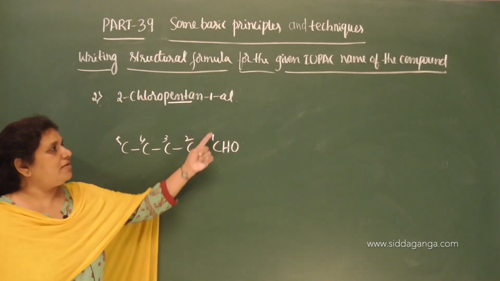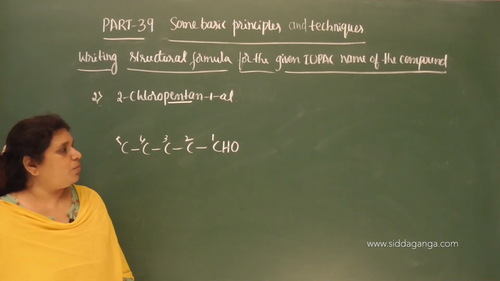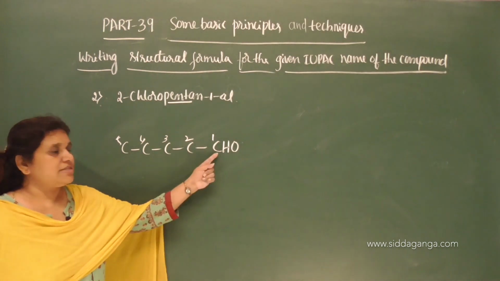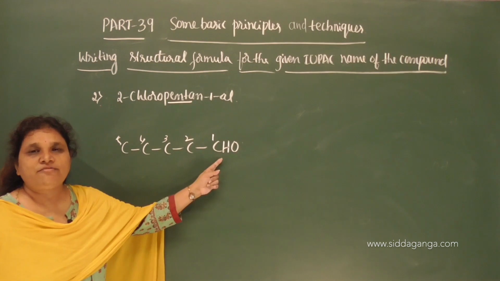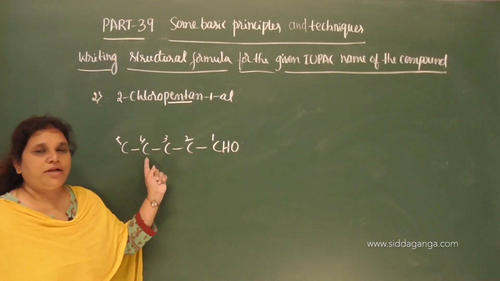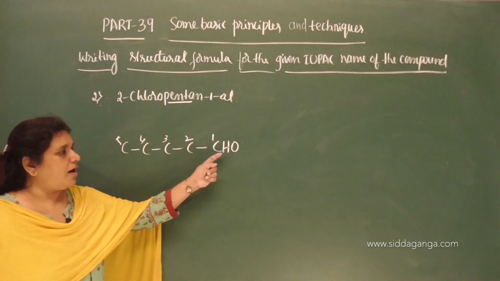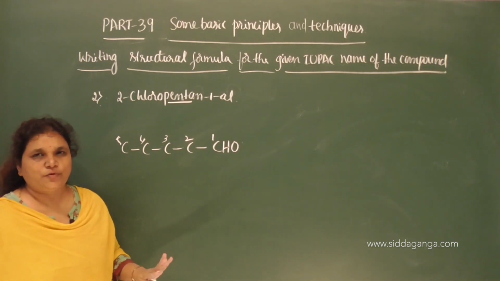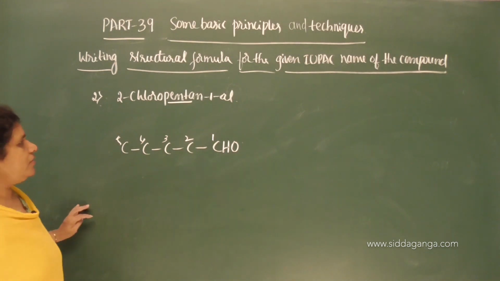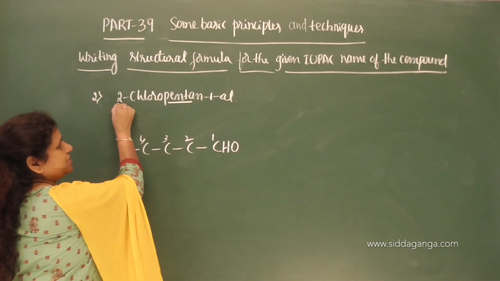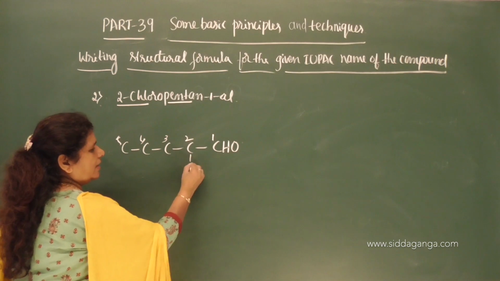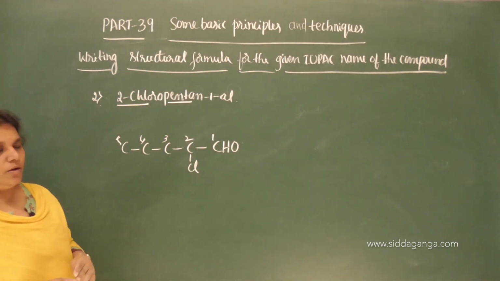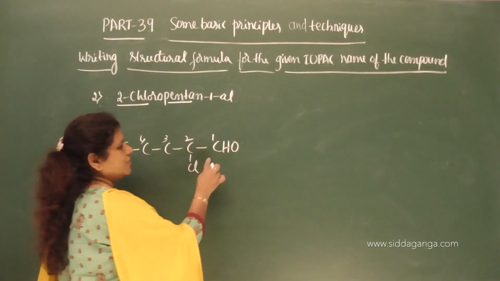CHO, that is at the first carbon we have al, therefore 1-al means the first carbon itself is a CHO, because this is a carbon containing terminal functional group and it is included in the root word. Since that carbon is considered in the root word, we need to write it as CHO. Clear? Now move on to the prefix. The prefix is 2-chloro. On the second carbon we have chlorine. Correct? Now fill the carbon skeleton with the appropriate number of hydrogen atoms.